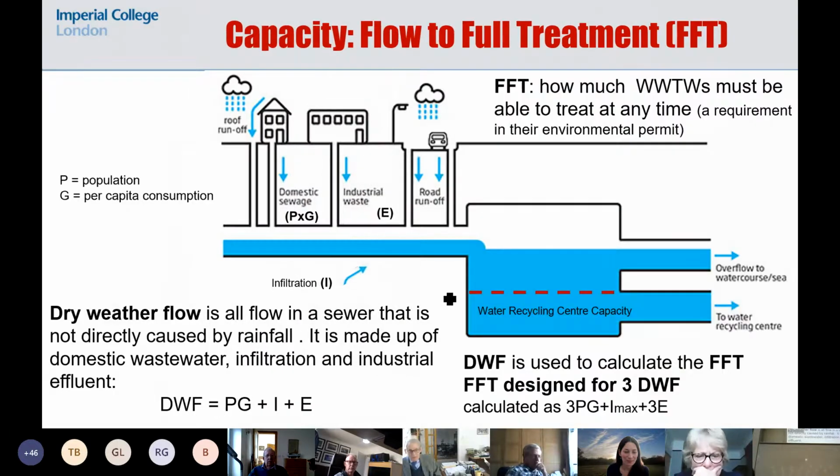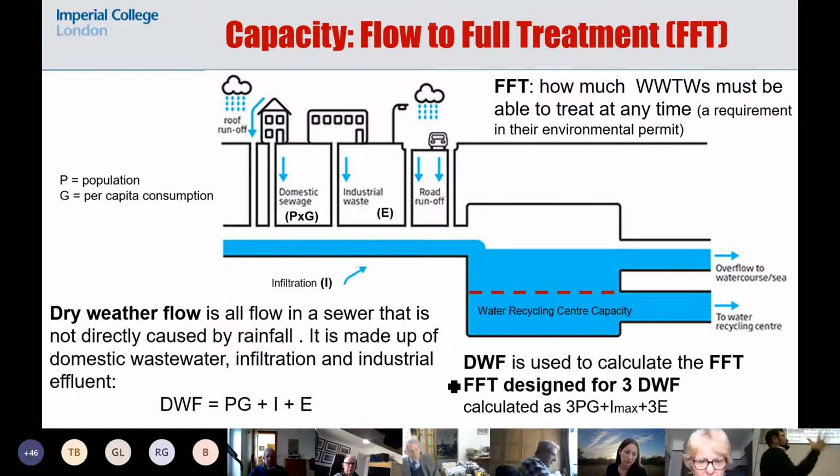Right. So how does it work? When we look at the capacity of a plant, there is a design capacity. It's mainly driven by when it was designed, when it was built, right? That capacity is related to what we call dry weather flow. Dry weather flow is the flow in a sewer of anything else that is not caused by rainfall. So it's how much comes out of households, how much comes out of industry, and also a small amount that comes from infiltration in the pipes. And that's the formula, just to give how it works.